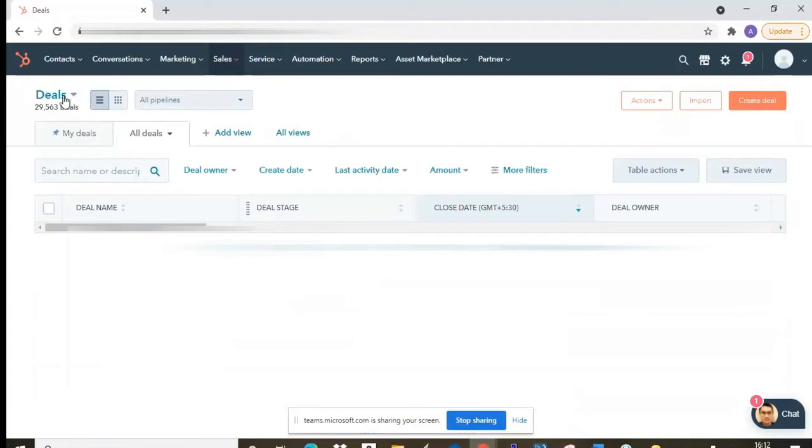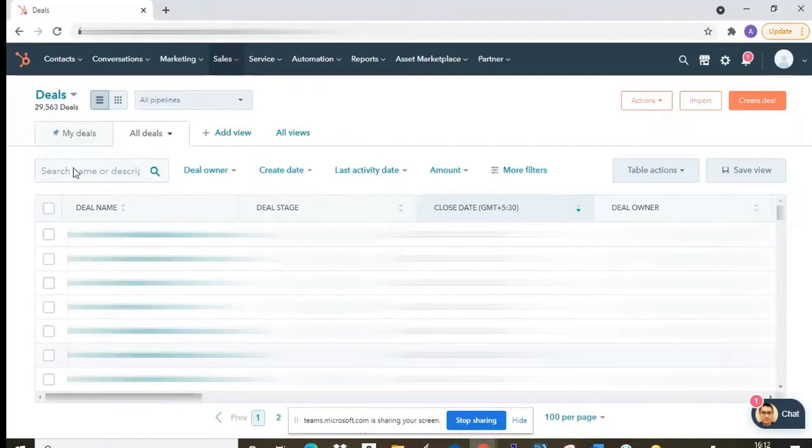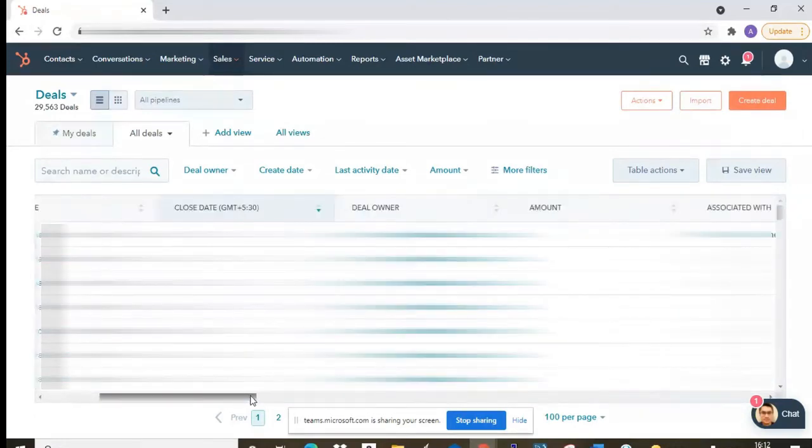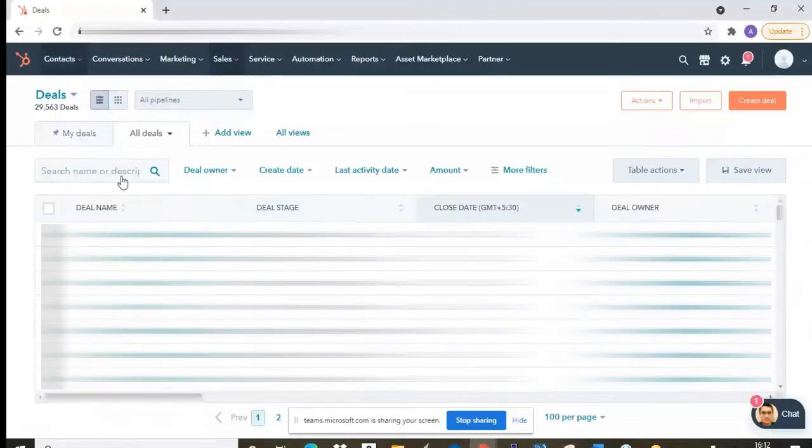Now, when we come to deals, these are the various attributes, as we already saw in contacts, where we see the contact and its attributes. Similarly, for deals you will have a deal name and a stage, whether the proposal has been shared, negotiation is to be done, or payment is done or to be done, and the close date and deal owner. It is somewhat similar to contacts, but deals will have some attributes which are not the same, like deal name and deal stage. There are some primary attributes, and then your secondary ones, which can be very customized, like owner and others as per your workflows.